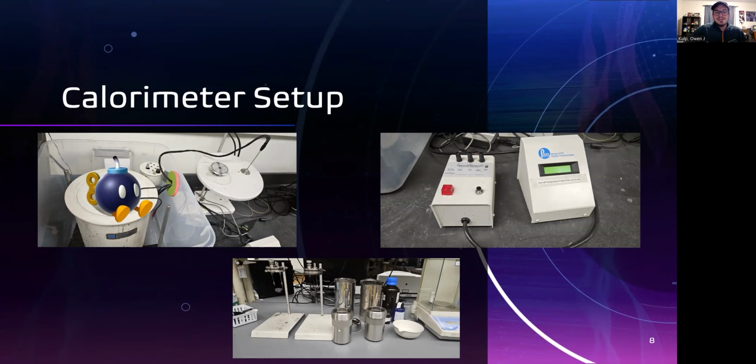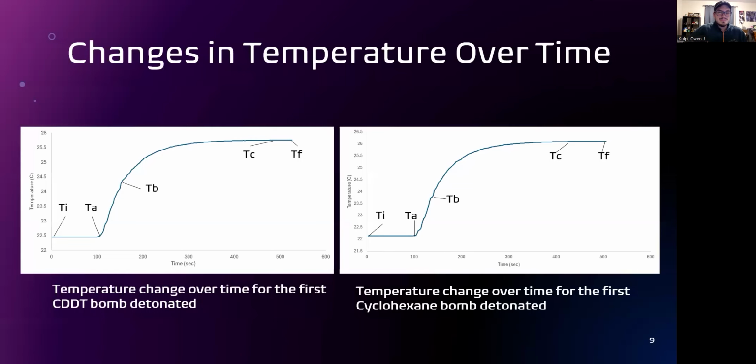This was repeated twice for CDDT and for cyclohexane. Now it's important to look closer at what we're investigating. The data we get out of our experiments looks a little bit like this. The graphs are relatively the same shape with similar behavior, which is extremely useful when doing the calculations that are